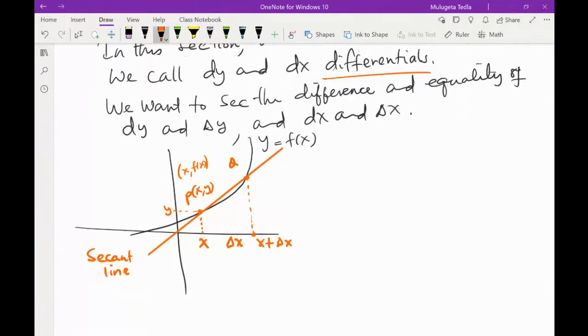Okay, so that is one scenario of a secant. So what are the coordinates? Let's configure the coordinates of Q. The first coordinate is x plus delta x. Then the y coordinate is, see, for any change in x,